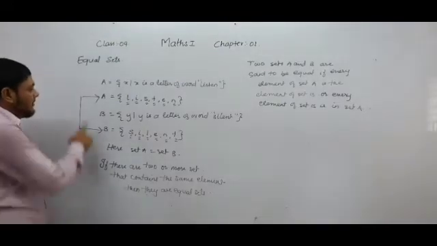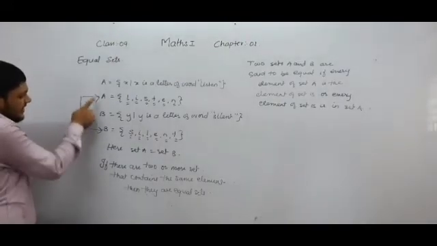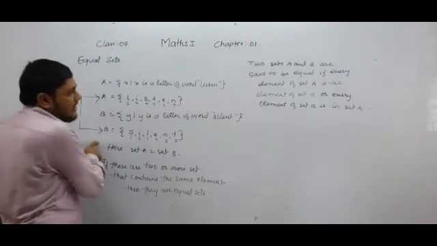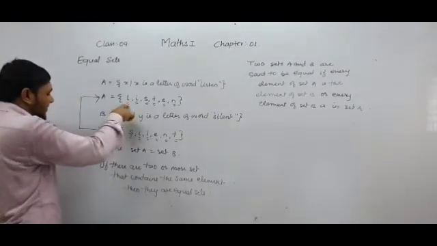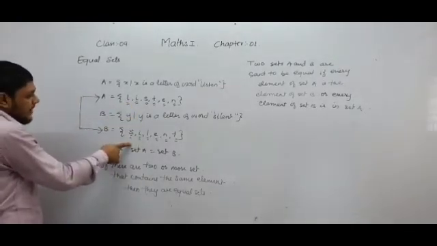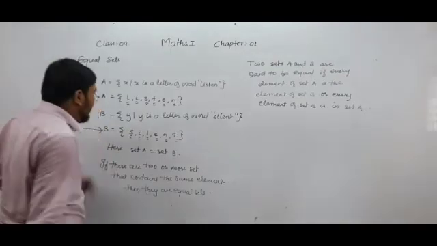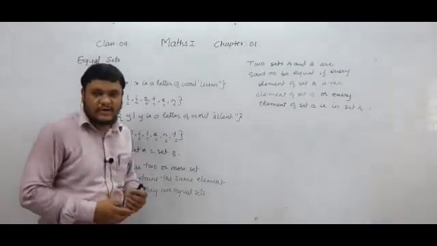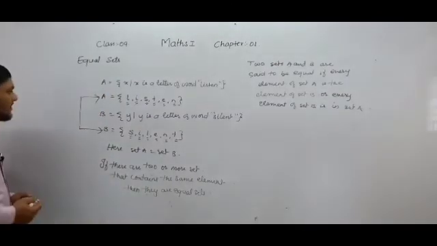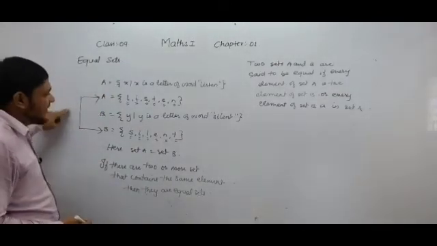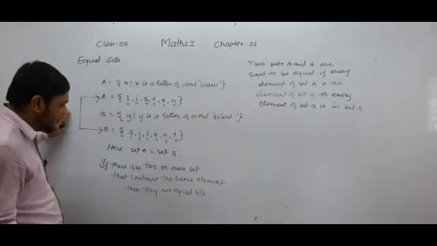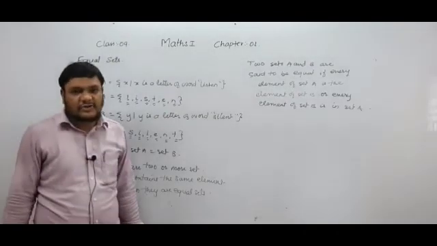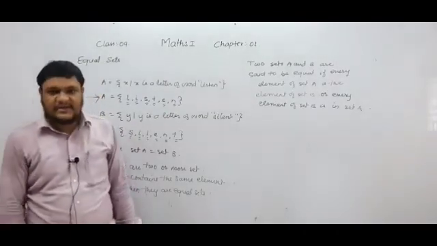Two sets A and B are said to be equal if every element of set A is the element of set B, or every element of set B is in set A. So student, note the definition. It is one of the most important types of set, that is, equal sets, in which both the sets contain the same elements or the elements of both the sets are identical. So in this way these sets are equal sets.